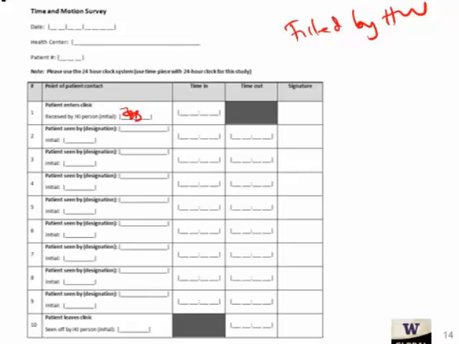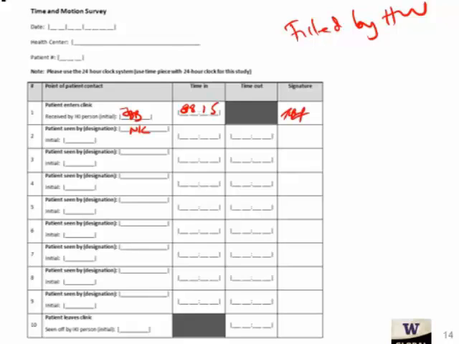And then the time in, maybe the patient entered at 8. Let's say it's 08:15. And there's no timeout because this is just entering the clinic, and then I'm going to put my signature there. And then when they go to the second point of contact, they are seen by someone else who adds